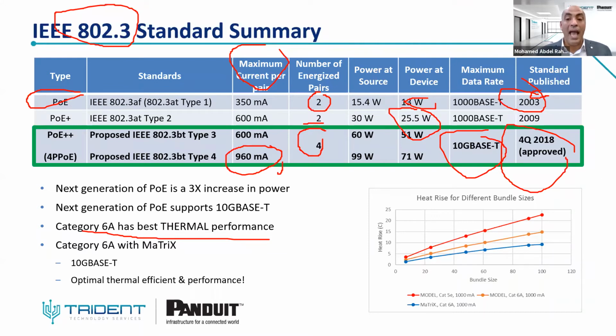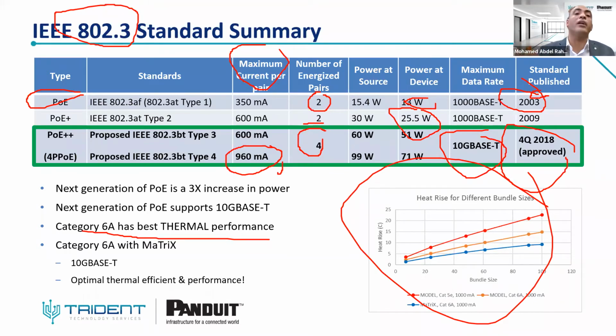It is very simple, as you can see in this figure: the higher the category of the cable, the lower the temperature rise. This is the meaning of the figure here. This is the Cat5E and the Cat6. For 100 meters, the temperature for the POE++ can increase around 18 or 20 degrees over the ambient temperature. But when you are using Cat6A cable, you have around 15 degrees rise over the ambient temperature for the 100 meters.